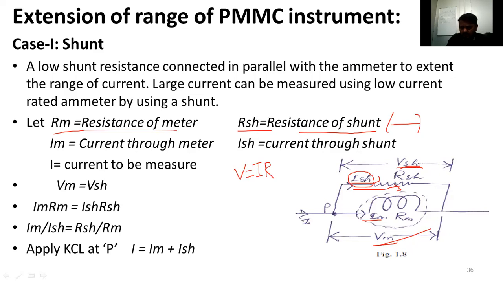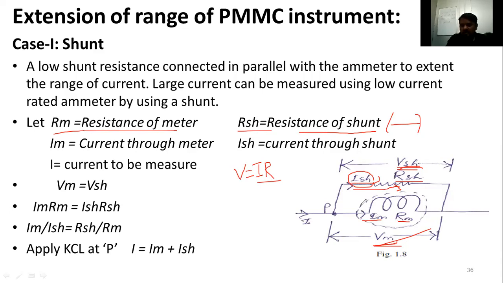Then according to that formula, ISH and IM, both will be the same or different? IM equal to ISH we can write, or IM is not equal to ISH? We are saying VM equal to VSH. Okay. So we know the formula V equal to IR. We know the resistances will be different. Both the resistances are not the same here. A higher resistance we will use here, a lower resistance there. Then what about the current? ISH equal to IM or ISH not equal to IM?